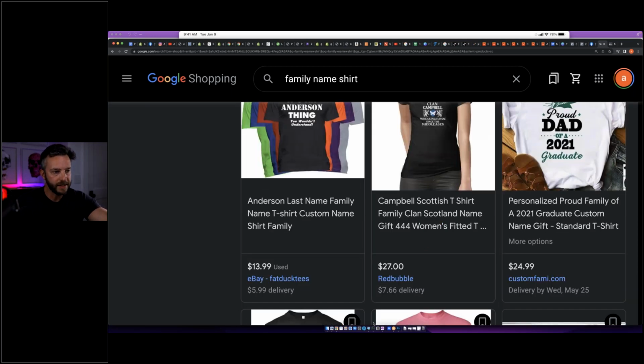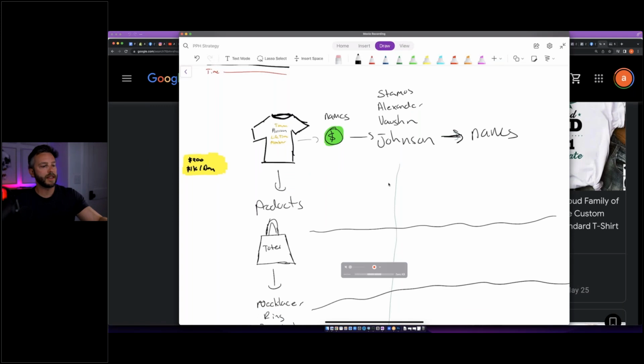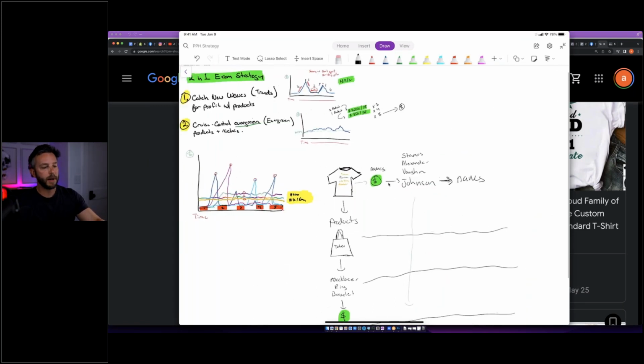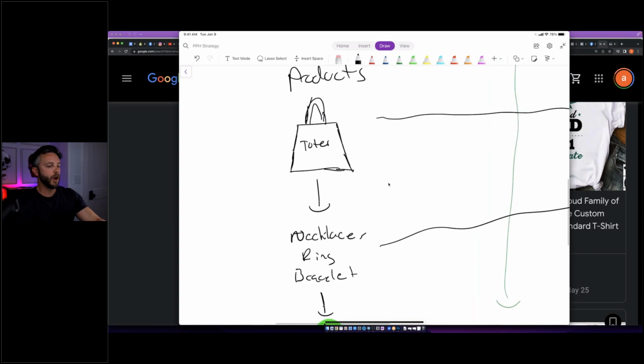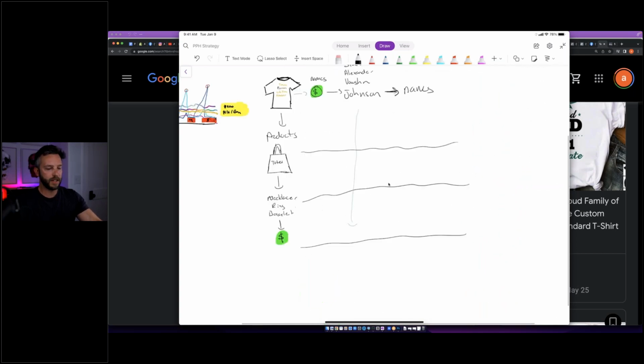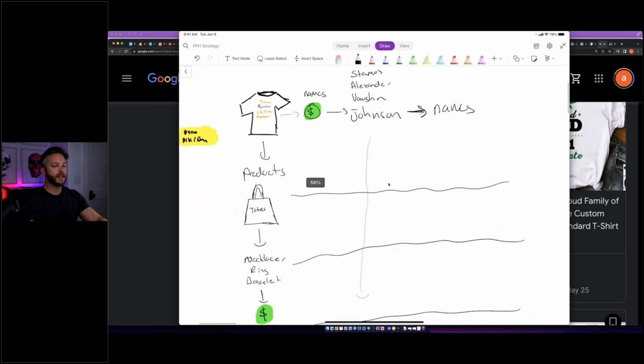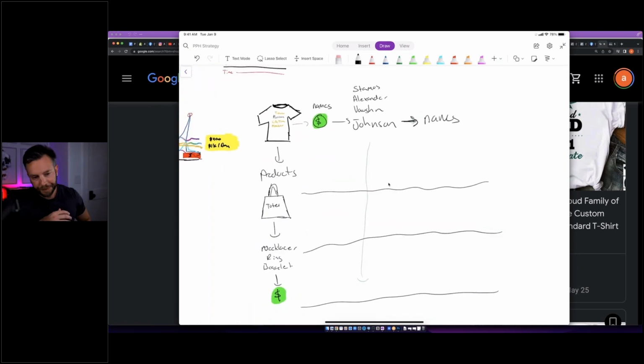Now, the second piece to this is not just putting that graphic on a t-shirt, which is what I was doing when it slapped, but also putting it on tote bags, necklaces, rings, bracelets, bathrobes, so on and so forth. So you can scale this product sideways two different ways. You could scale it by more names, and you could scale it by more products, right?